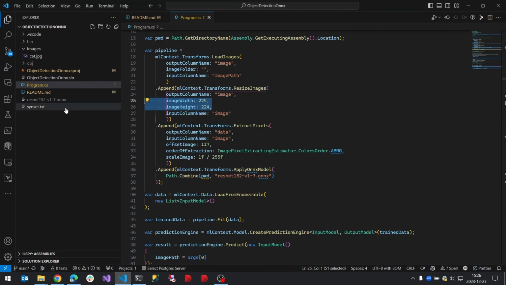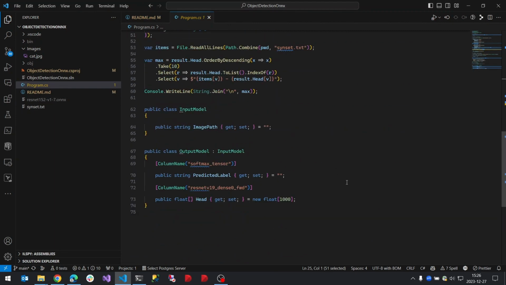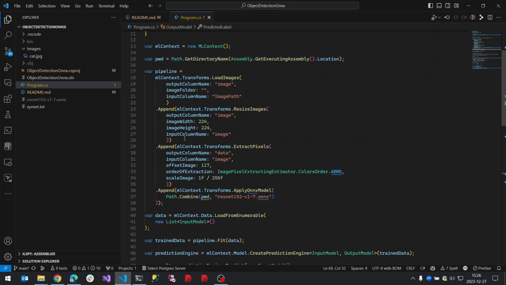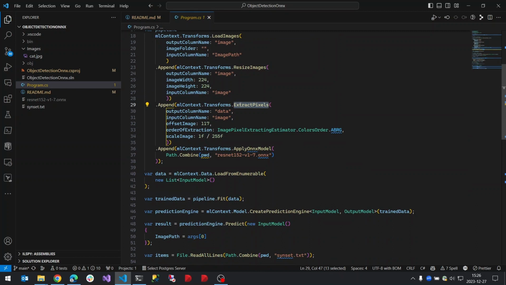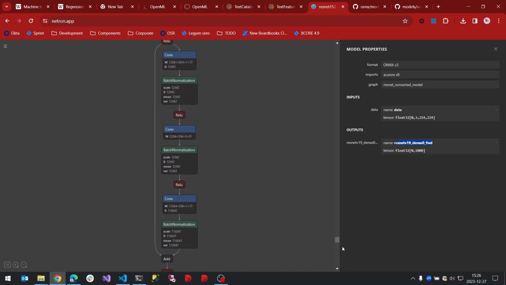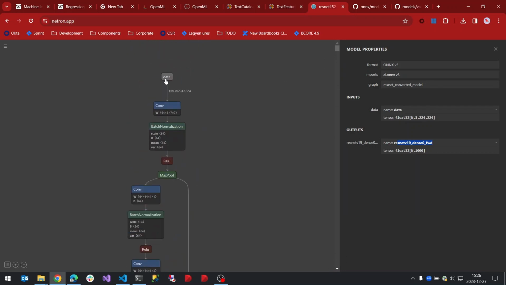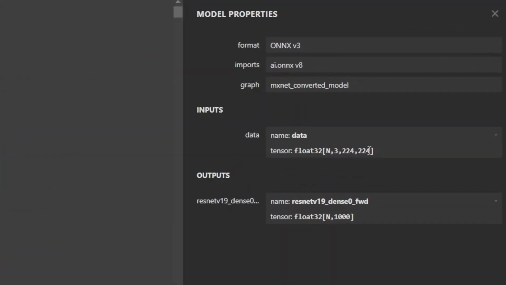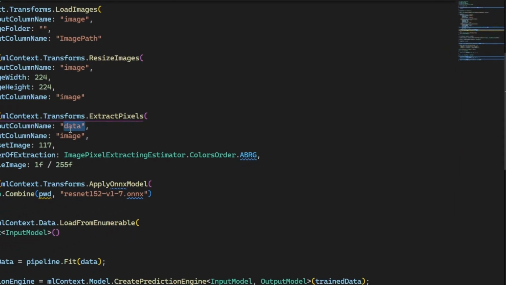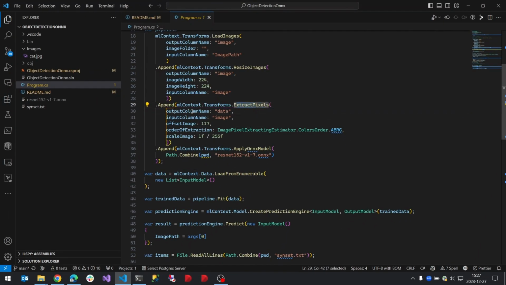But if we go to our code, then we will see maybe everything is provided perfectly. So we need to resize our input image into the expected sizes, and then we need to extract the pixels. The output column name will be data. Why data? Very good question, because the input of this model is called data. Input is called data, and if we come here, then the output of this step will be data, the input will be image, the image is the resized image,